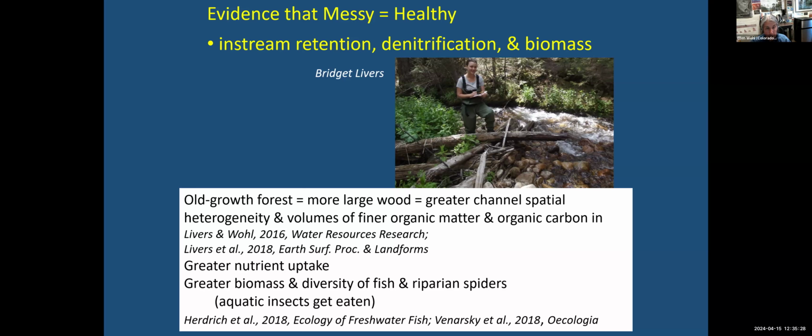Our colleagues on this project found that there was greater hyporheic exchange and nitrate uptake in those systems with more large wood and spatial heterogeneity. And we didn't find more macroinvertebrates, but we found more of their predators. So there were more fish and riparian spiders, salmonids and riparian spiders that were eating the macroinvertebrates.